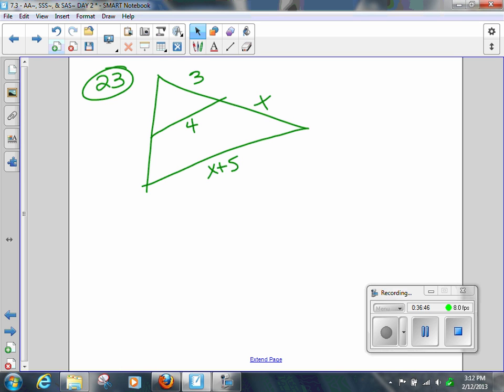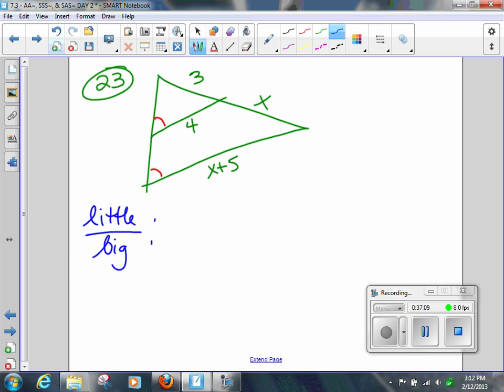All right, so let's look at this. We have these two angles that are congruent. And if you heard my conversation, I would not mark anything with tick marks because it makes me think that they're congruent, okay? Again, what am I going to use as my guide? Little over big. That's my guide. Okay? Little. 3